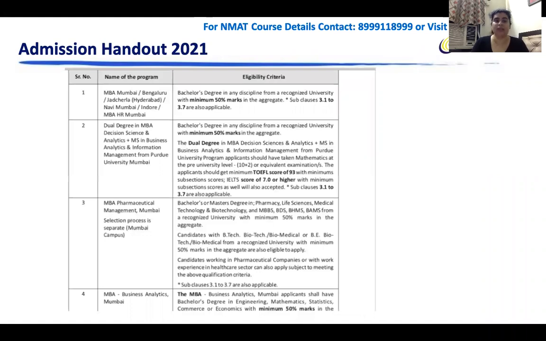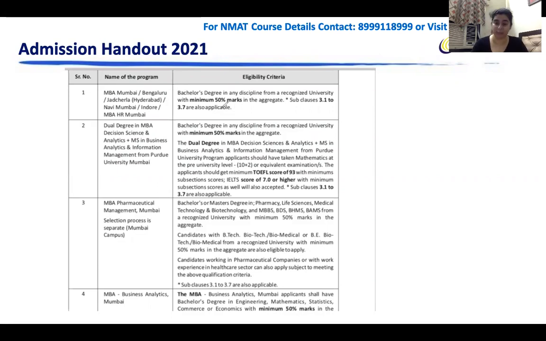Now, eligibility criteria for all of them is more or less the same. But if I look at our main core MBA program or all the PGDM programs in all the campuses, the most important thing is minimum 50% marks in aggregate. Now, there used to be an official statement in NMIMS forms earlier that you cannot have a year gap, which is not there in this year's sub clauses.